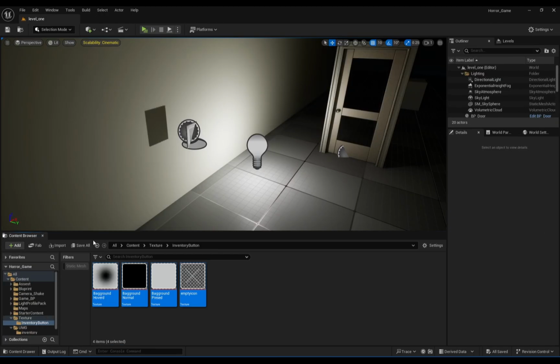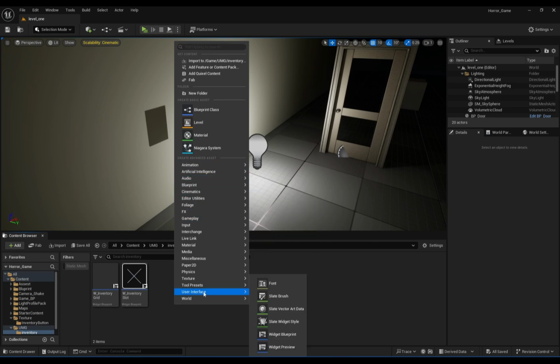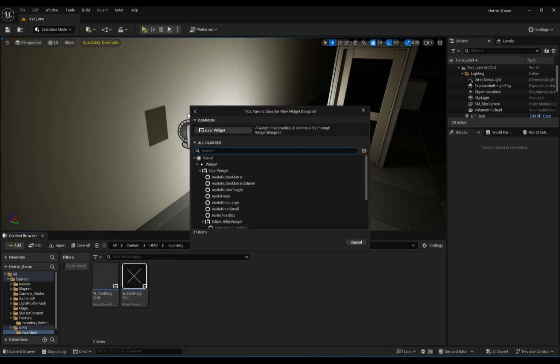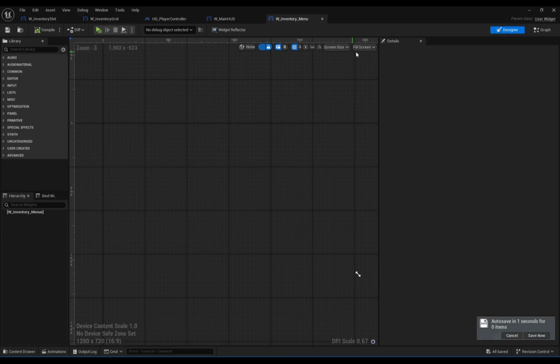Now minimize this and go back to content and open our UMG folder. Inside the inventory, create a new user interface, go to widget blueprint and create user widget, and create our third widget, W inventory menu, then open it, and keep this type as fill screen, and go to the user created and drag out